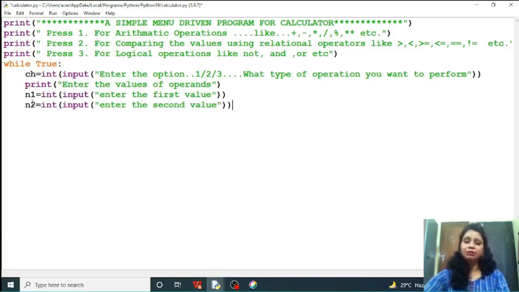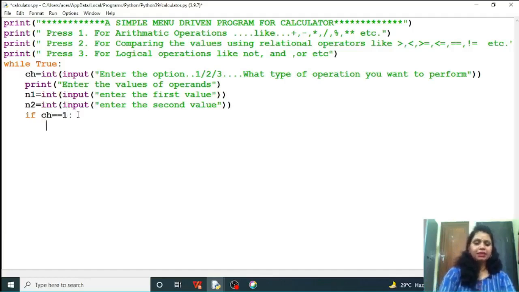So after that what will you do? Now you have to enter the operators. So let me check if your choice equal to 1, because what type of variable is choice? Choice is an integer type of variable, because here I have used int. So if choice equal to 1, that means it is confirmed that you are going to perform the arithmetic operations, right. So you just see print,